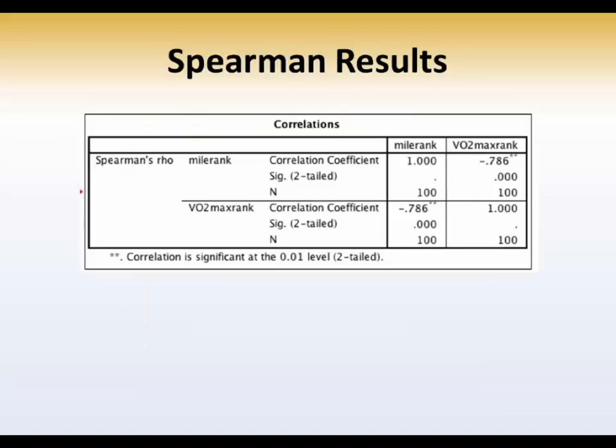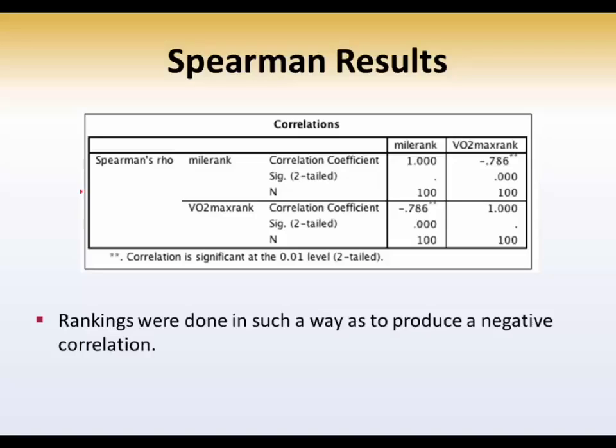Here are the Spearman results. Notice the Spearman rank correlation is negative 0.786, very close to the Pearson r. The rankings were done in such a way as to produce a negative correlation. Recall that if you rank them from 1 to 100 or from 100 to 1, it would impact the sign